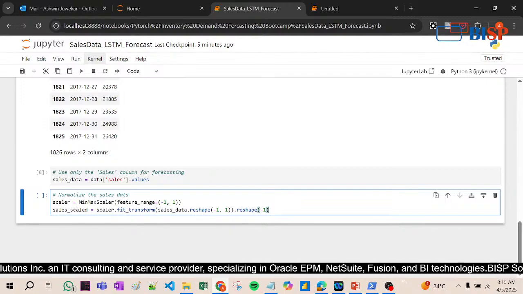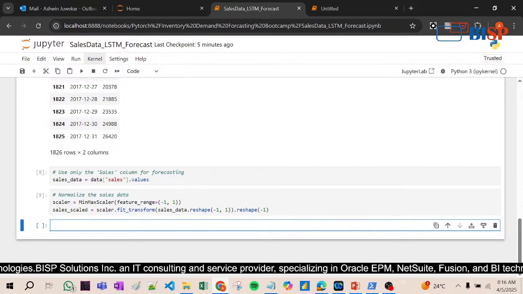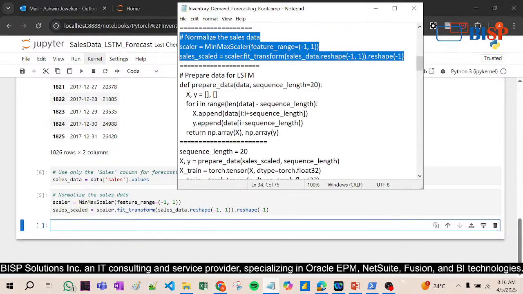Now you can see here, normalize the sales data means scaler equal to MinMaxScaler, feature range minus 1 to 1. So what MinMaxScaler does is it converts all the data into the minus 1 to 1 range, right? So sales scaled equals scaler.fit_transform. Now it will fit the sales data and reshape it, right? After that, suppose if I press enter, and then now